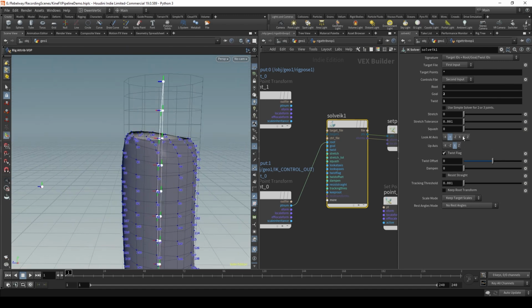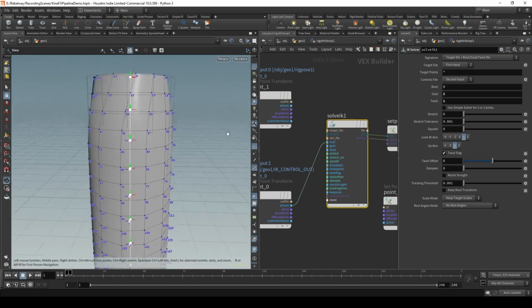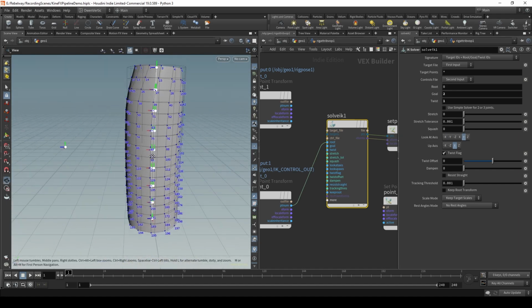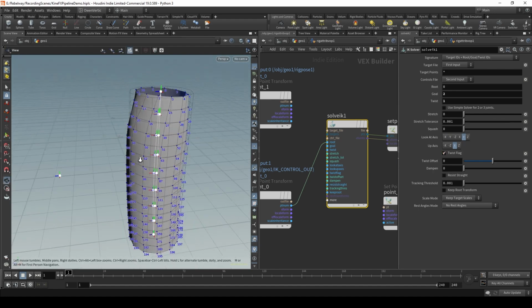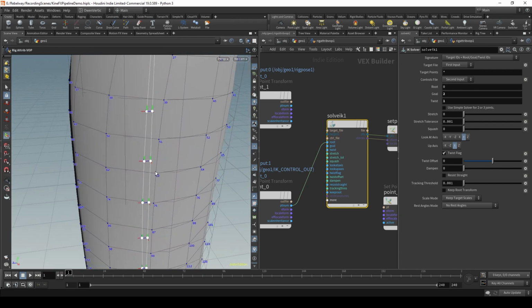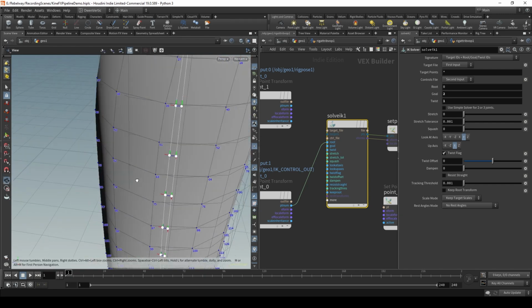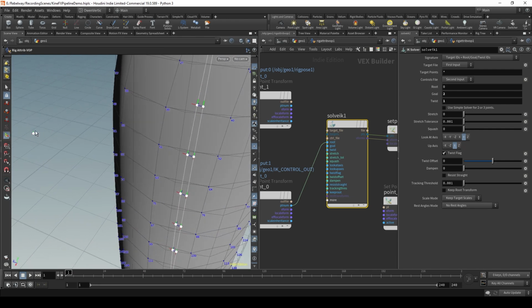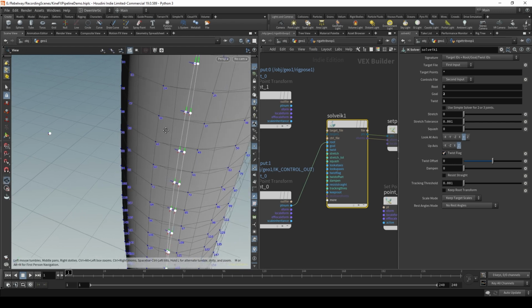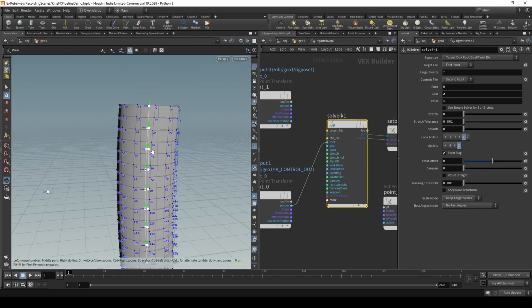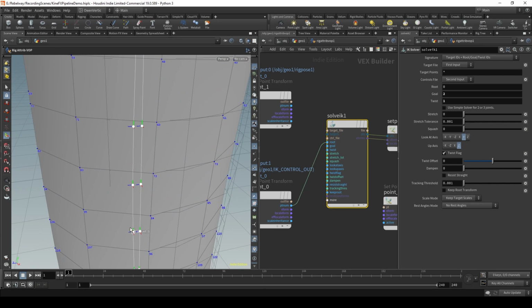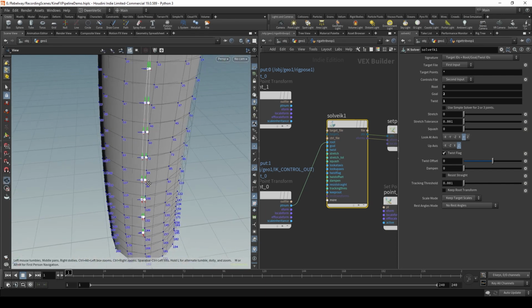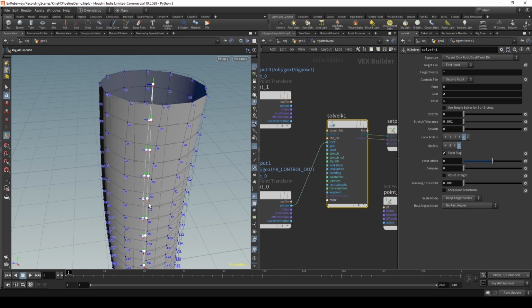So we'll want to switch that over to positive Y as our look at, and we can see we are already getting a better solve for this. And our up axis, as we can see if we dive into our base chain here, our Z axis is actually pointing towards our twist joint, which is in this case the up axis, so we want to switch that over to Z as well. And there we go, we can start to see that the deformation is no longer doing any weird things. Our bended curve here is matching much better with our base line,